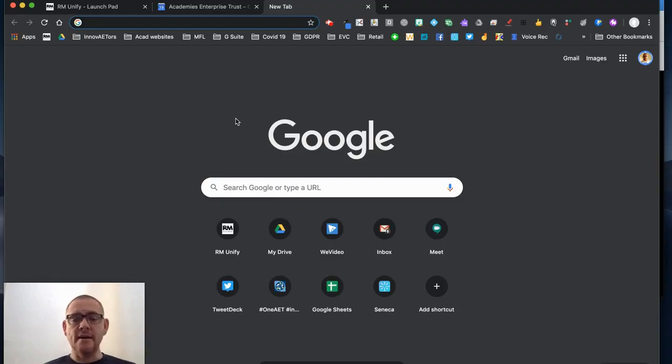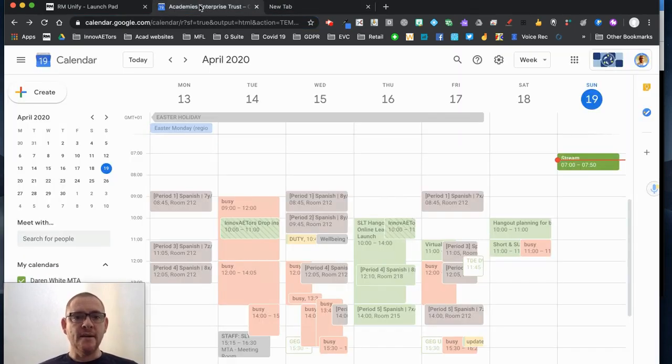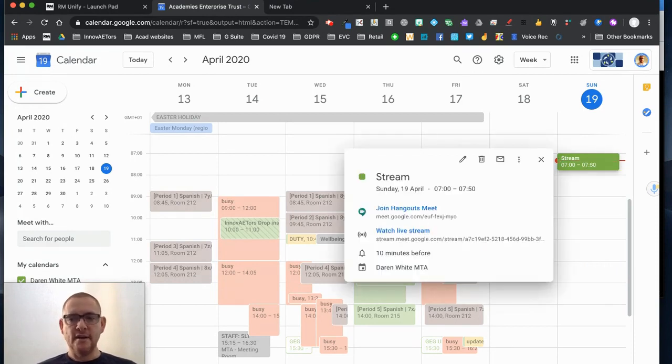Okay, so I'm here in my Google account, and the first thing I'm going to do is go into my calendar. And this is the only way that we can create a Meet with streaming facilities. It has to be calendared. Now, some people worry about that with students, so I'm going to take you through how I would do this. Okay, so I've created an event in my calendar, and I've just called it Stream. If we open that up,